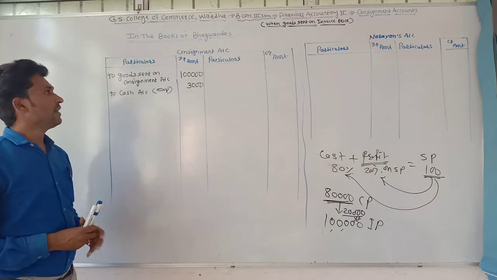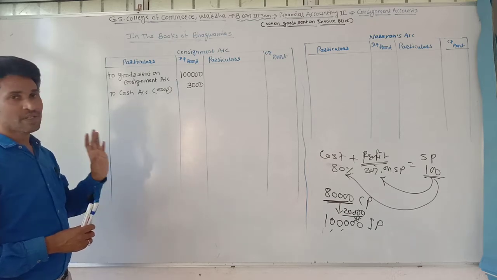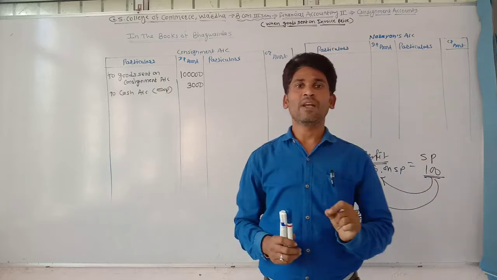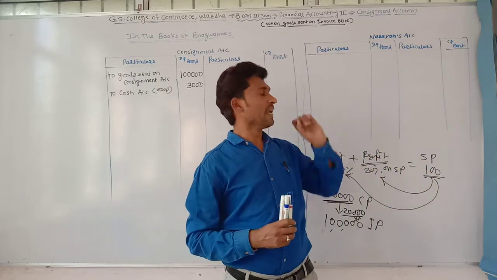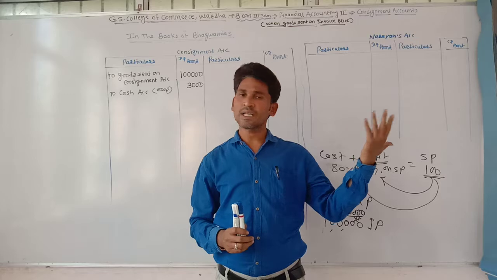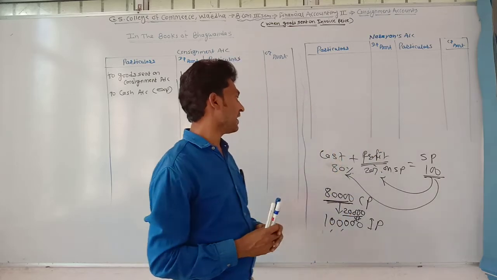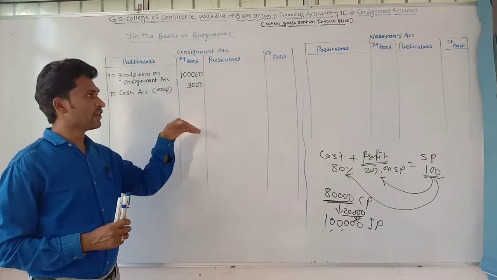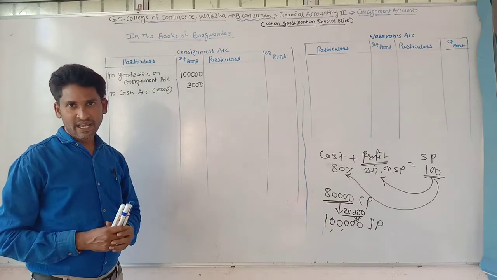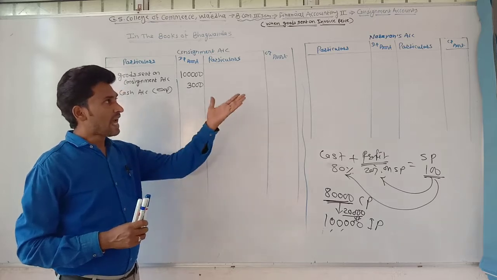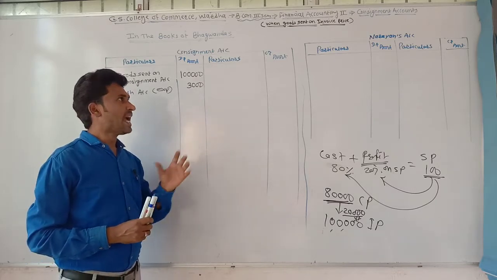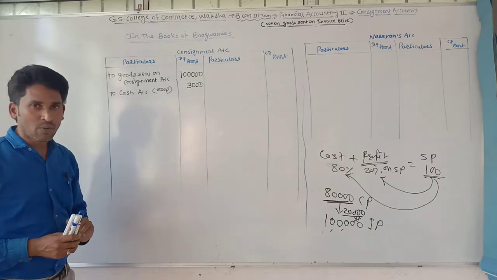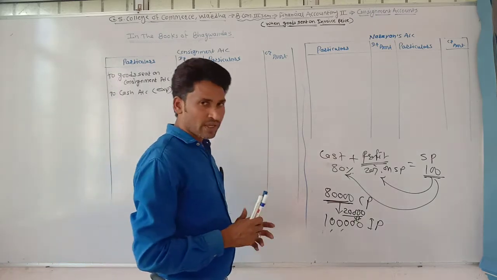So the expenses are paid by Bhagwan Das, the consignor. After that, Bhagwan Das drew a bill of rupees 20,000 on Narayan. Bhagwan Das drew a bill on its consignee, and the consignee is Narayan. When it sent the goods to Narayan, at that time for security, it drew a bill on Narayan, and as usual, Narayan accepted that bill. So for that, Bhagwan Das passed the journal entry: bills receivable account debit and Narayan's account credit.